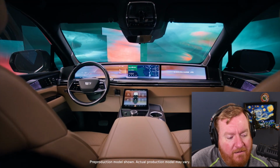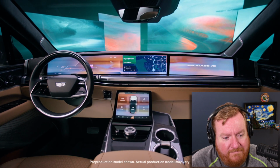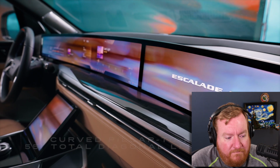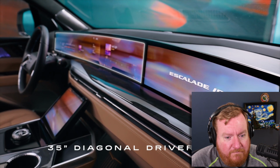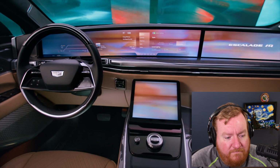And of course, the panoramic pillar-to-pillar display is the star. It's the focal point of the interior. One of the goals with the Escalade IQ was to provide you with a consistent experience, no matter where you're seated in the vehicle. On the 55-inch diagonal pillar-to-pillar screen, there's a 35-inch diagonal driver area and a 20-inch diagonal front passenger area. For safety, the driver can't see the...